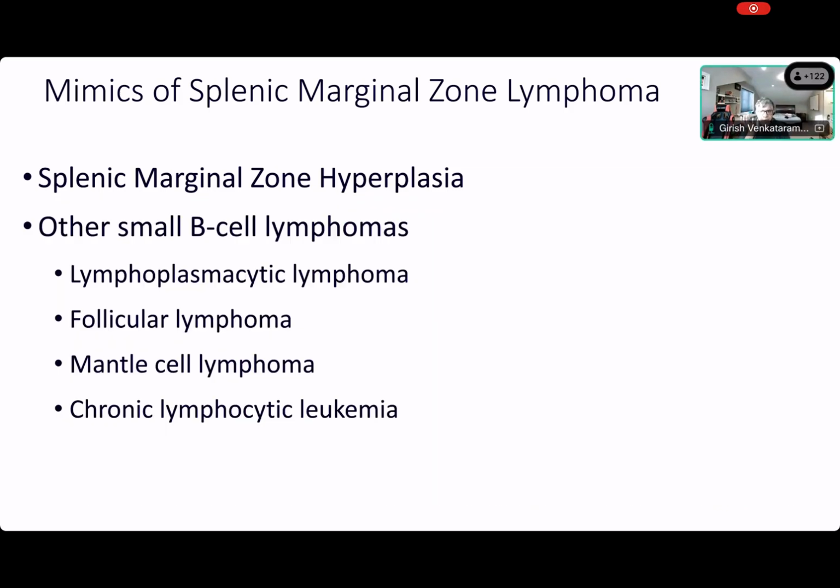And of course, there are other small lymphomas that can involve the spleen, right? The low-grade lymphomas like LPL, follicular, mantle, CLL, all of these can involve it. But in most of these patients, it's very unlikely that you'll make a primary diagnosis in the spleen. They all will have nodal disease typically, especially follicular, mantle, and CLL. They either have peripheral blood or nodal involvement, where you have proven the disease with flow or morphology, and then you get to a splenic diagnosis. LPL being diagnosed in the spleen, I've never heard. It's a differential, yes, but nobody ever makes a diagnosis of LPL in the spleen, right? You never have to get to a splenectomy.